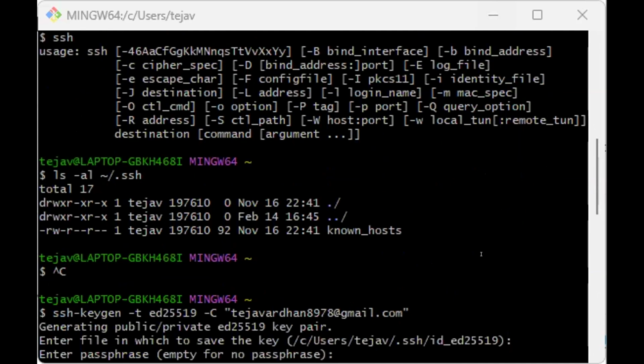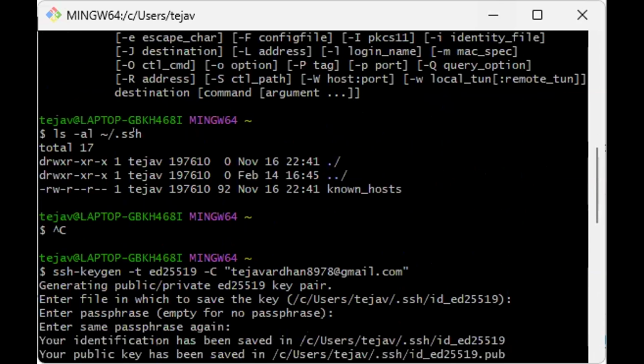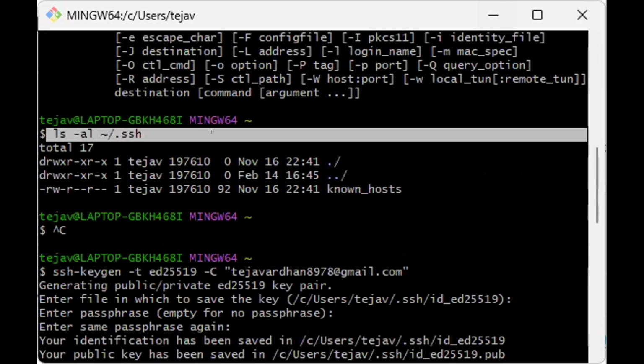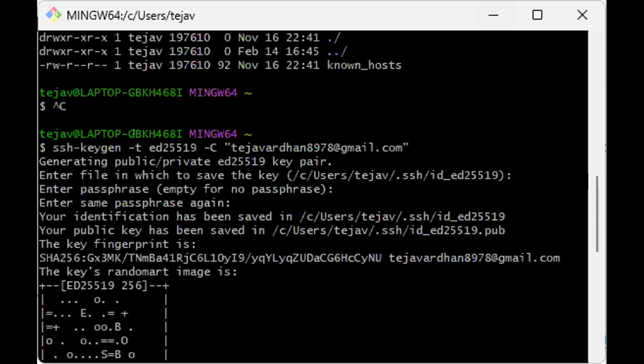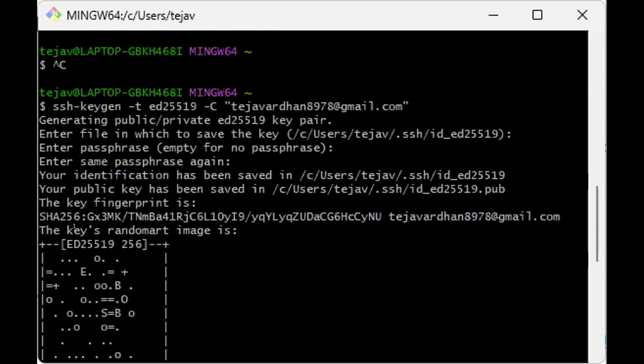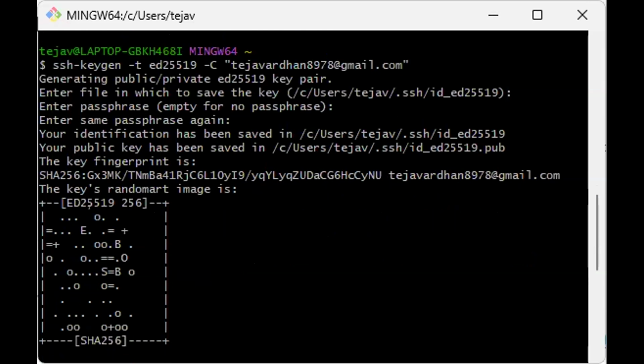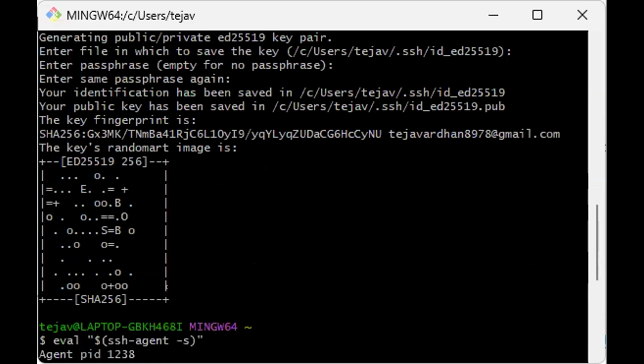So I'm running this command just to check if I do have any SSH keys already set up, and based on the response, I do not. So then I run this command, SSH key generation, with my email, and that's going to generate the random art image.